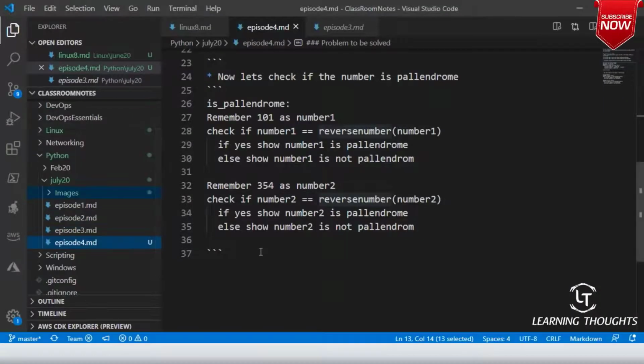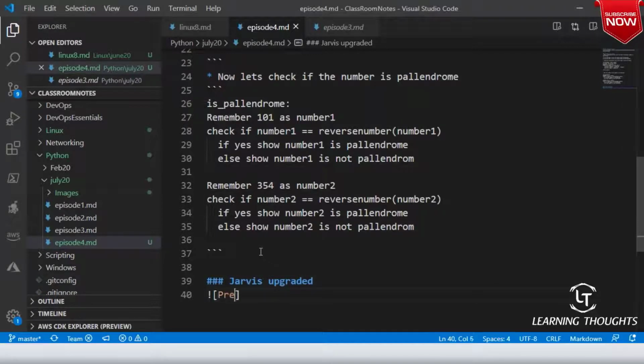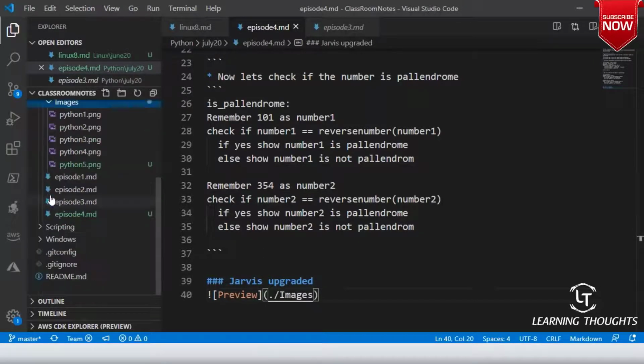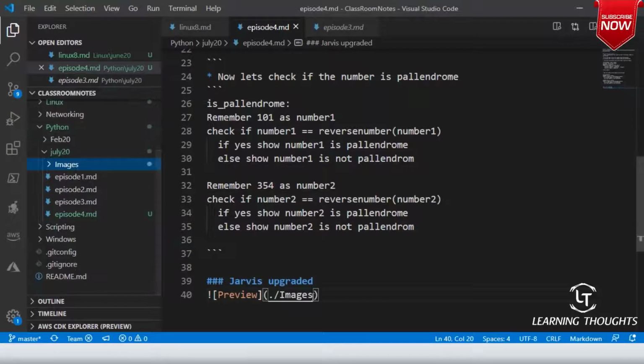Okay. Jarvis upgraded. Okay. Preview dot slash images slash, I forgot the number, man. Python 5. Okay. Python 5 dot png. Good.